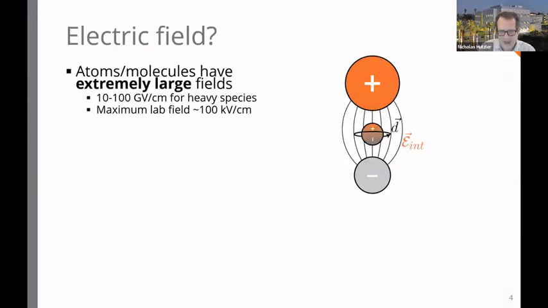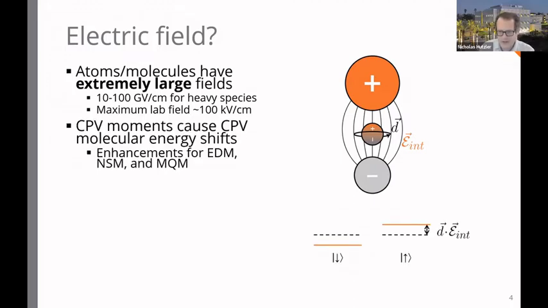And atoms and molecules have extremely large fields. They can be as large as 100 gigavolts per centimeter for very heavy species, where these effects are relativistically enhanced. And that should be compared to the largest field that can be created in macroscopic volumes in the lab of about 100 kilovolts per centimeter. So you get a 10^5, 10^6 enhancement of the field by using an atom or molecule. And the general idea is that these CP violating moments of the constituents of the molecule will cause